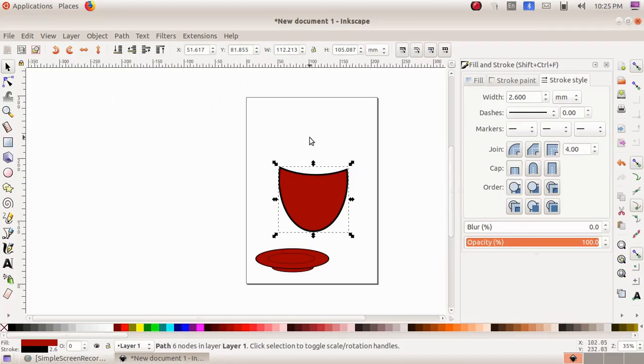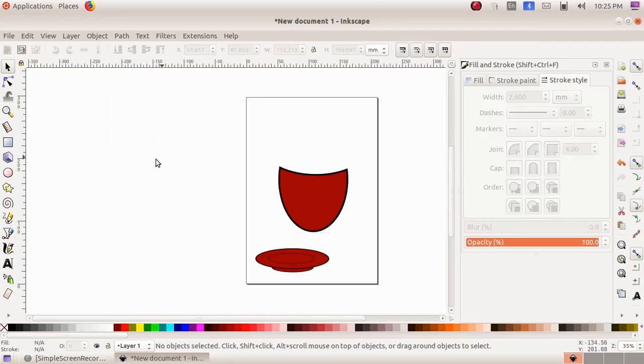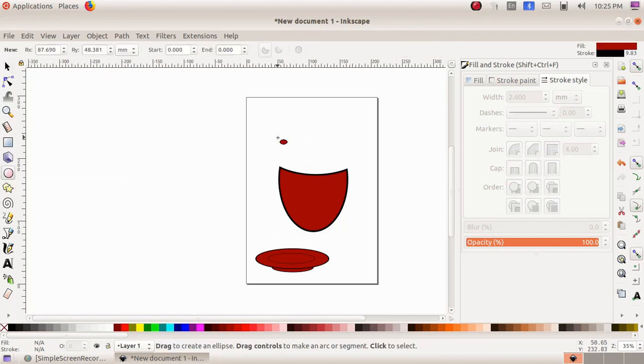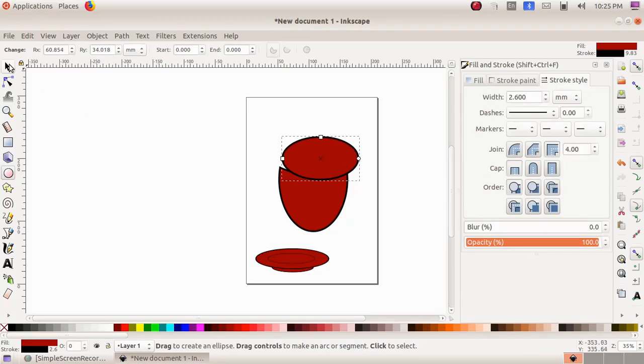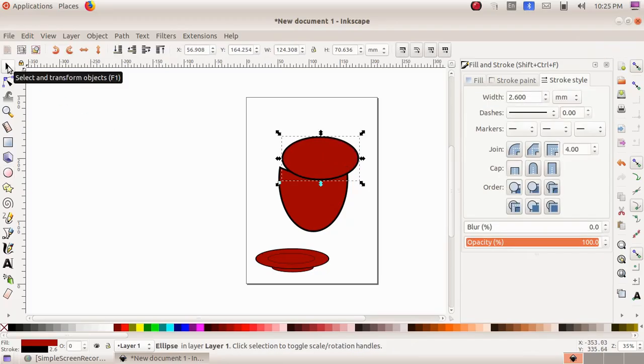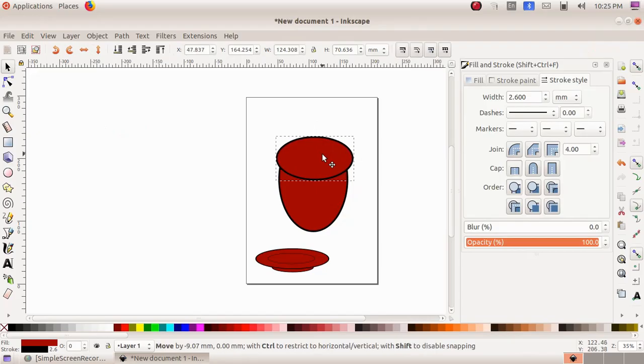And as the next part, I have to make the inner part of the cup. So again I am choosing create circles, ellipses and arcs. Then drawing another oval shape, then choose the first tool, select and transform objects, then click, drag and adjust the oval so that it looks like an inner part of our cup.